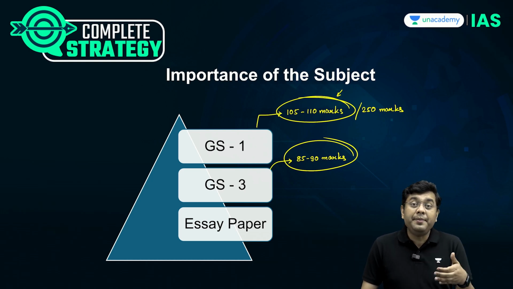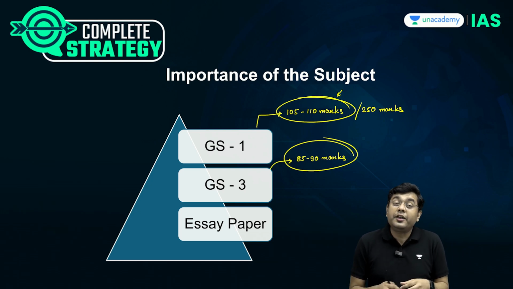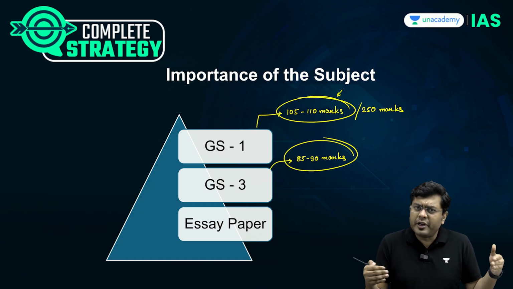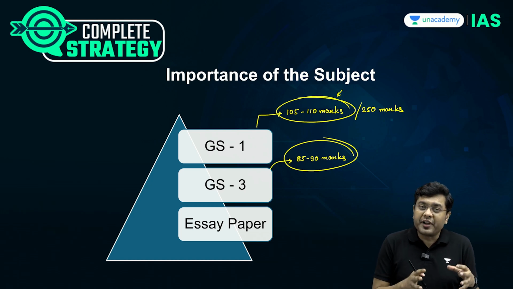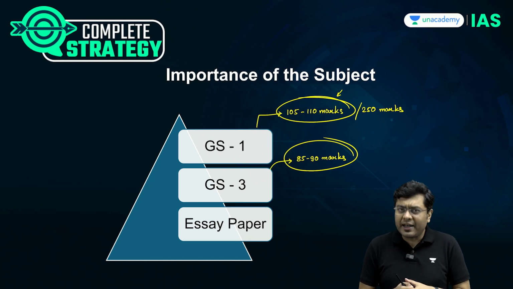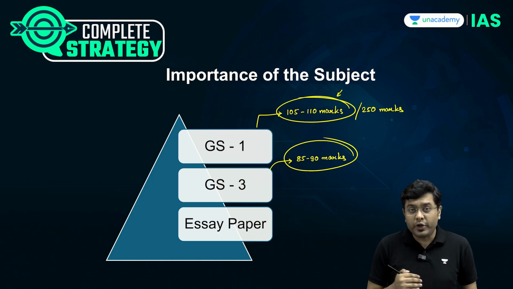But more than that, sometimes even in the essay paper, you get questions such as "management of India's border is a complex task." Now that basically means that you need to have an overarching idea about what the various geophysical realities of the region are. How is it that the geographical realities sometimes have an influence on poverty, education, health? That is also something that you get asked in the essay paper. So overall, the relevance is quite huge.